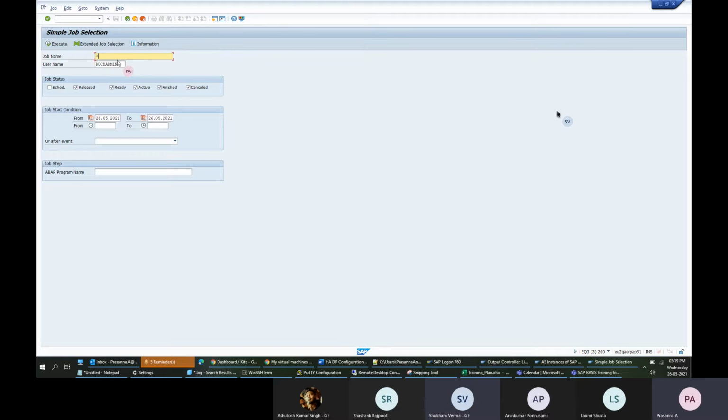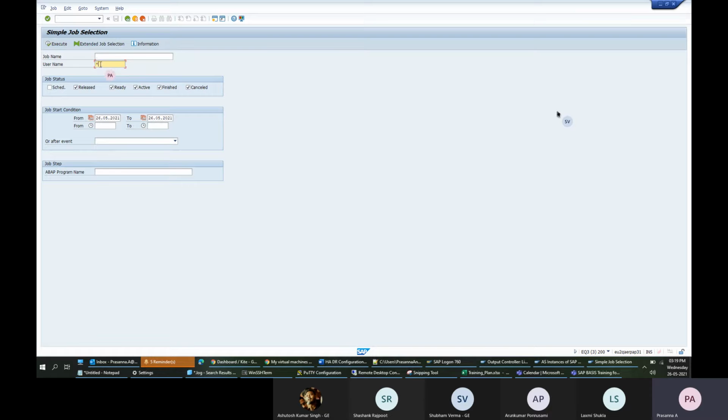If you want to limit something, like jobs starting with S, you can give S star. Or if you want to search something which starts with S and ends with F, you can give it like this. And if you give user as star, not only for this screen, on any screen, it will list everything.